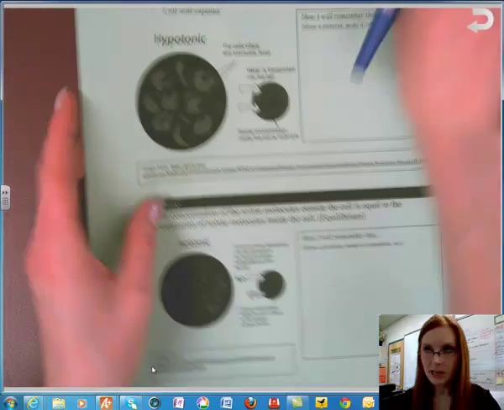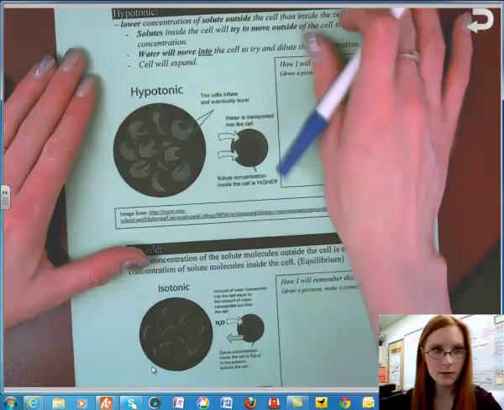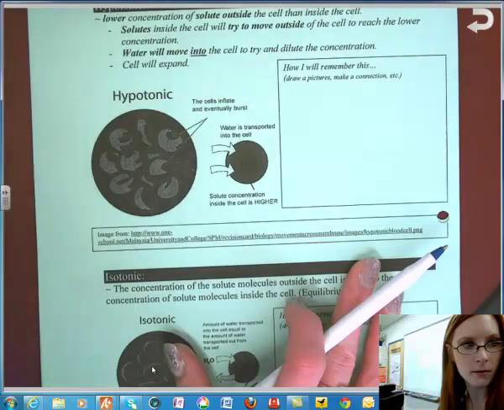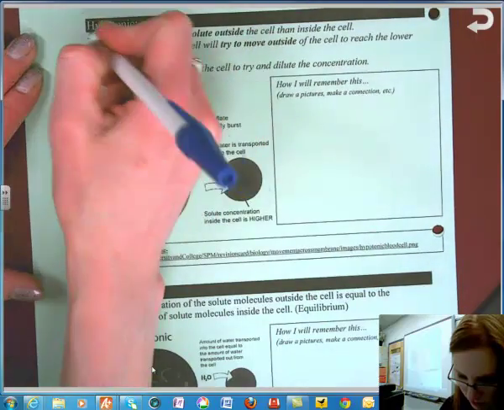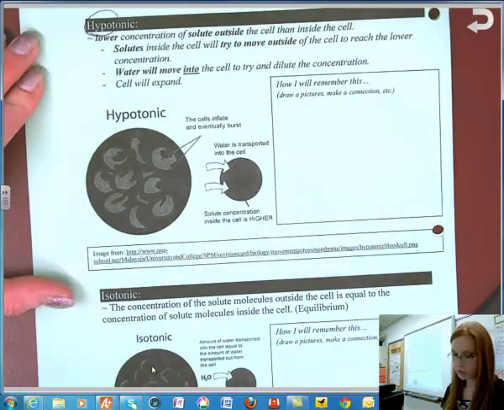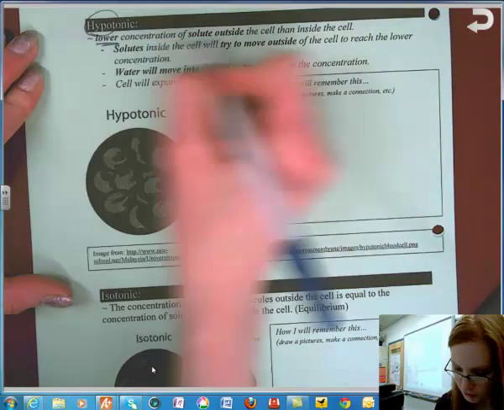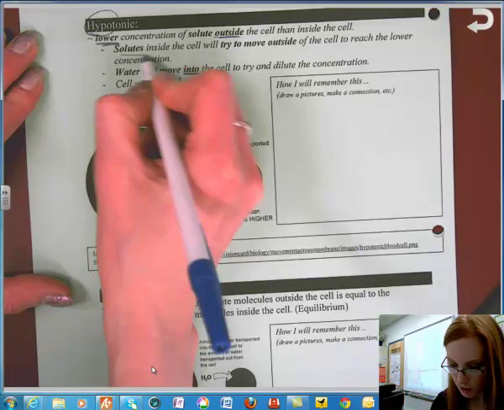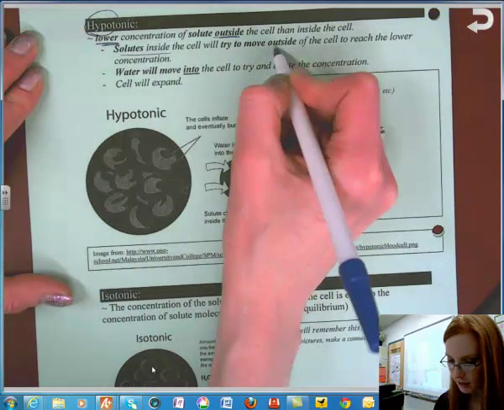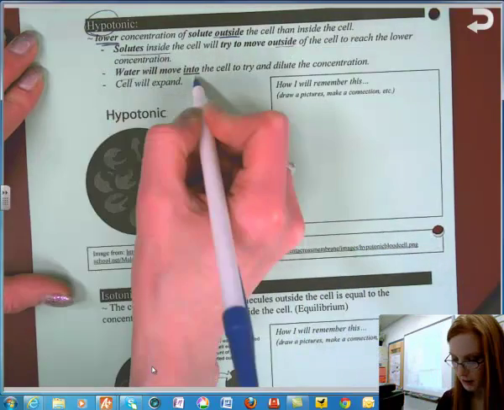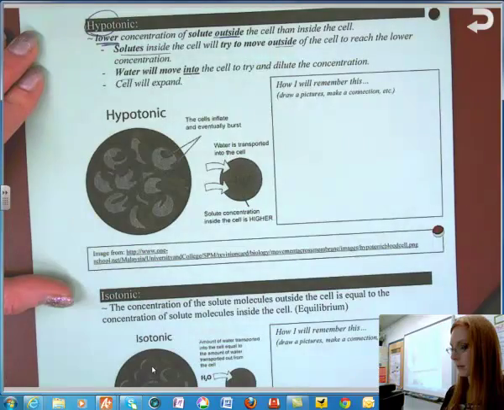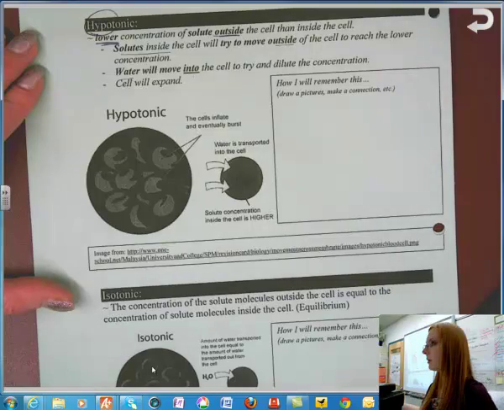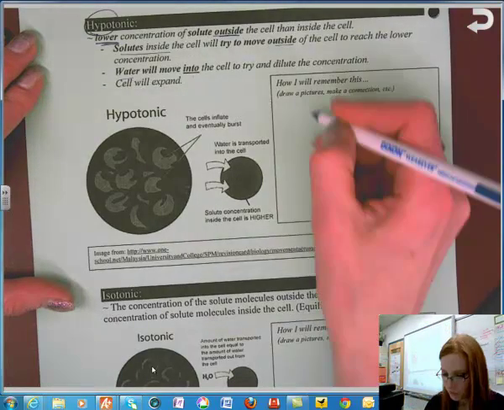Next type of solution is hypotonic solution. Hypotonic solution means a lower concentration of solutes outside the cell than inside. The solutes inside the cell will try to go out, and the water will try to go into the cell to try to dilute the concentration. And if you have water going in, the cell gets larger. So if we were to draw a picture,